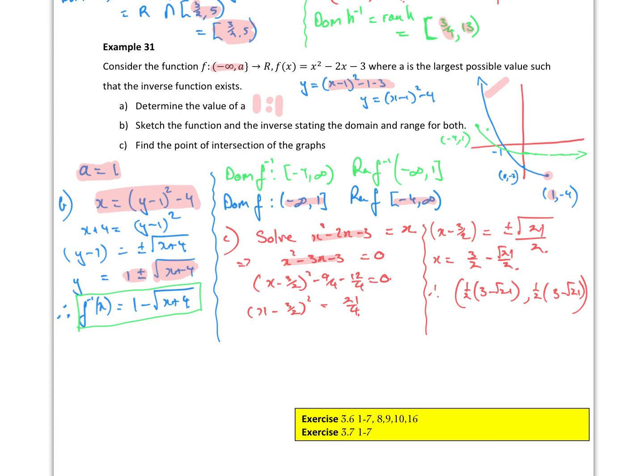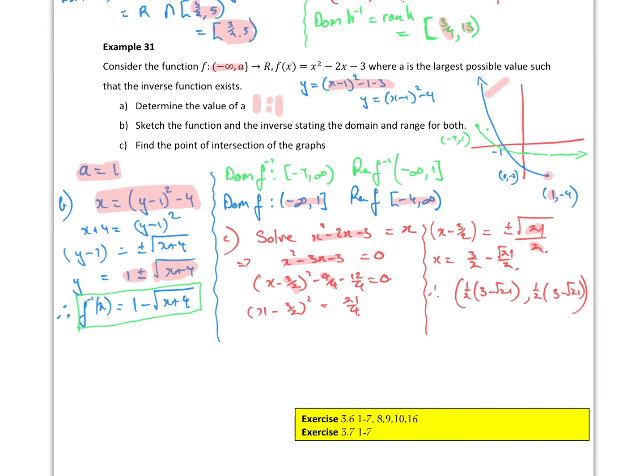Half the middle term, which is 3 on 2. Square that, I get 9 on 4. So that's where those two terms come from. And then I'm going to solve for x. So x minus 3 on 2, all squared, is equal to 21 on 4. Take the square root of both sides. I get root 21 over 2, because the square root of 4 is 2. So again, I get x is equal to 3 on 2